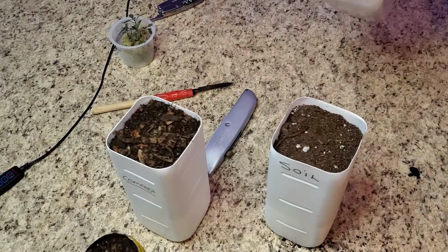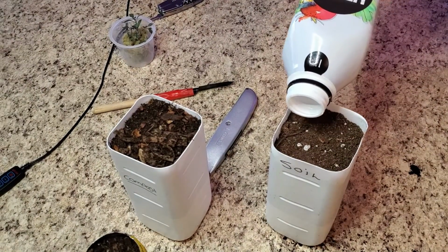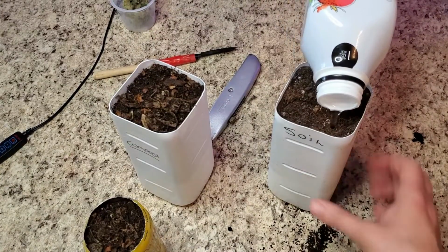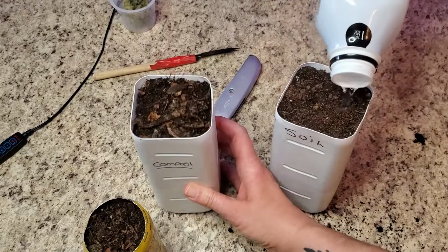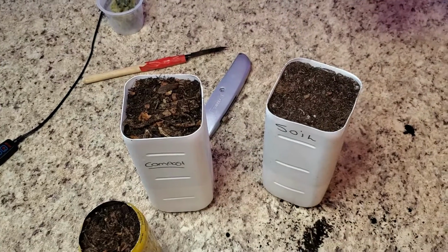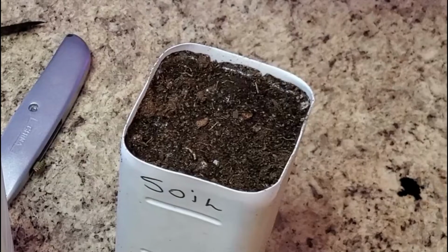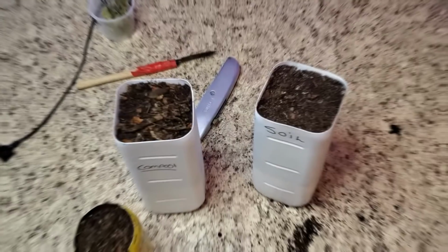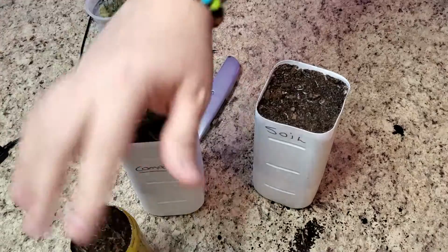And I'm gonna water this. So this one's got the regular soil. This one here is the compost. Yeah. This is the best time lapse I can make, sorry. Now that we have this ready and those ready,